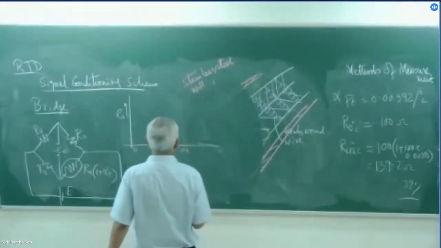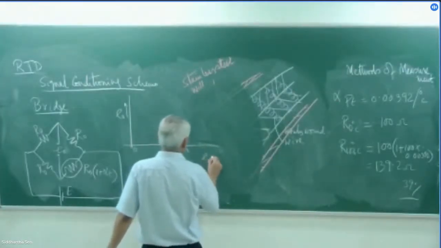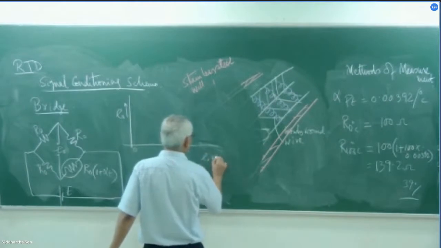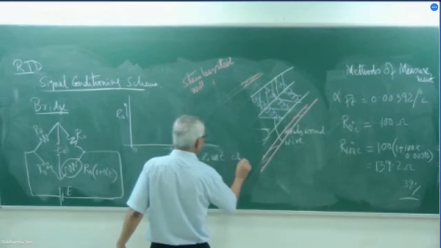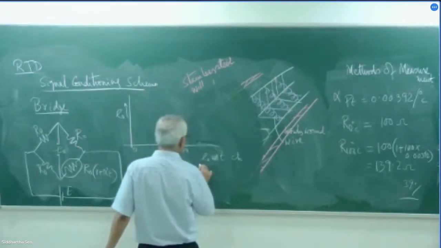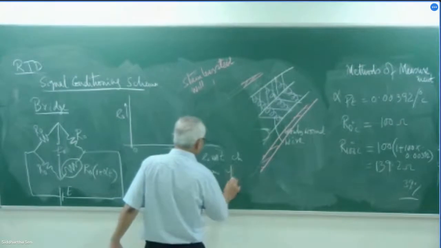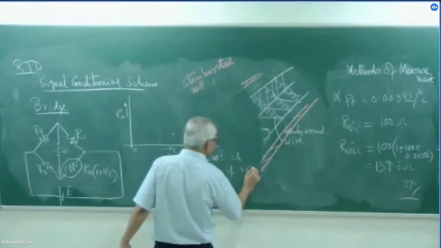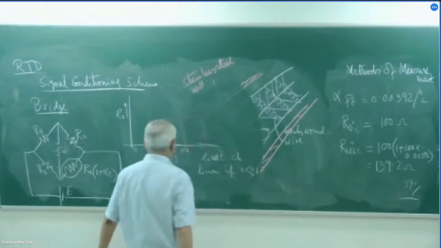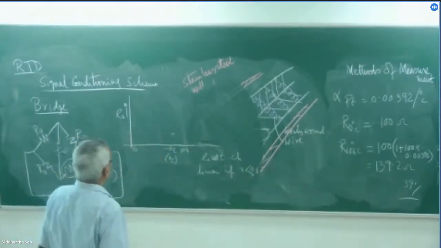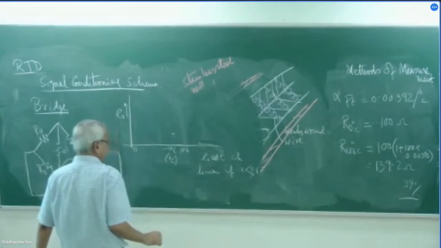So, non-linear. Why? Sir, in the tutorial there was one question like R0 into 1 plus X. So variation with that X was non-linear. That's right. This V0 versus T characteristic is non-linear. We had said that if X was less than 0.1, that is 10%, it is approximately linear, but it was non-linear for other cases.